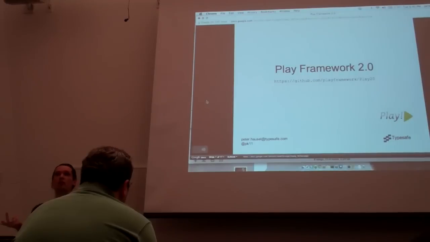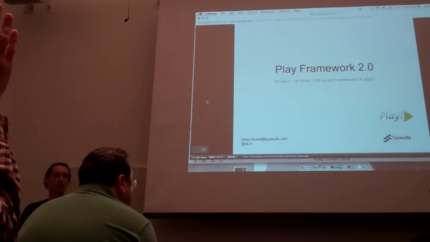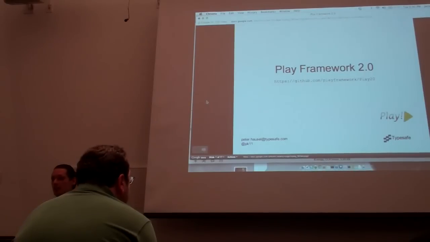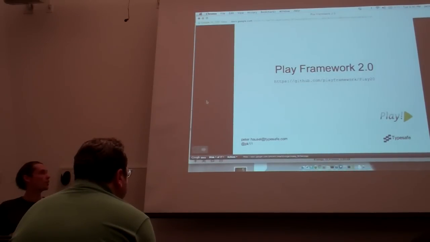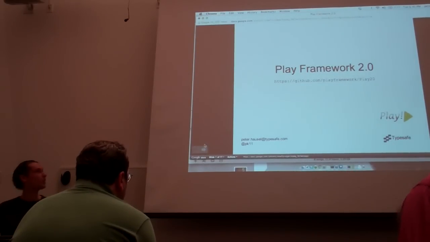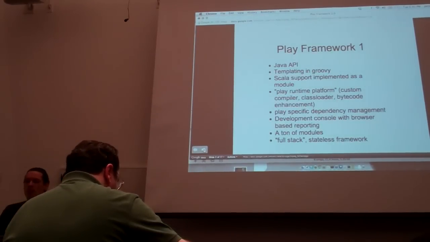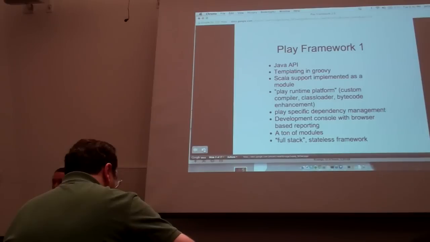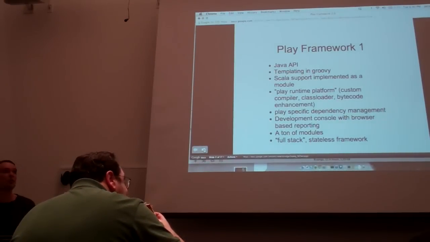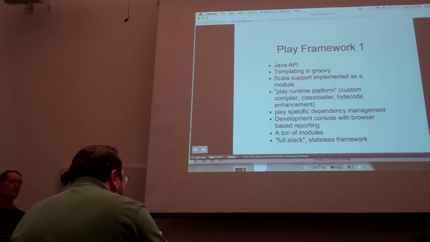Okay. So I'm not sure how many of you know Play 1.0 or the previous version of Play. Few hands, either from the Java or the Scala side. Actually, both are interesting. But okay, so let's talk about the Play framework 1.0, because it helps to put into perspective why 2.0 is necessary, and what the differences are